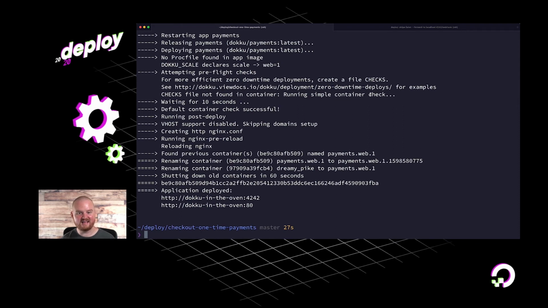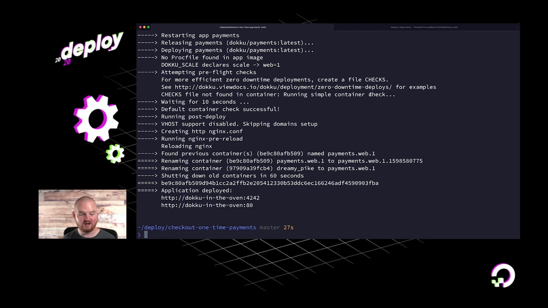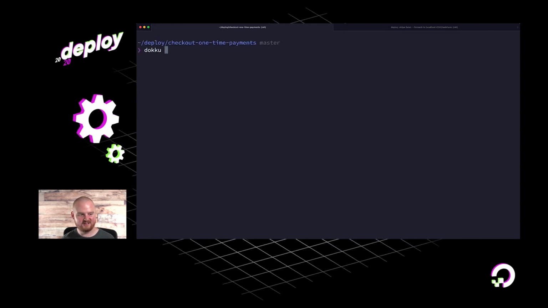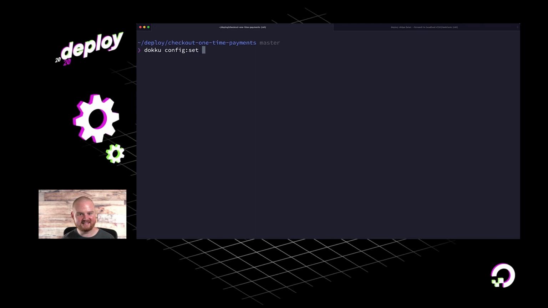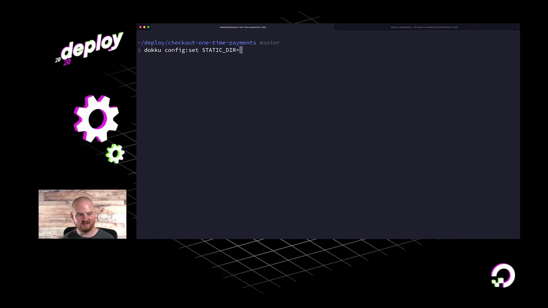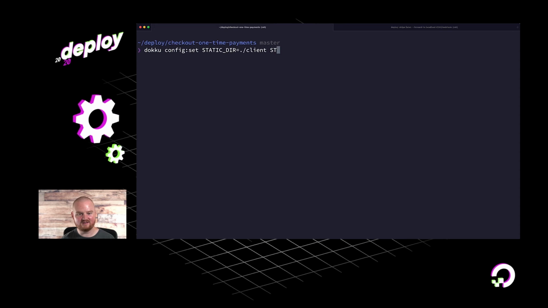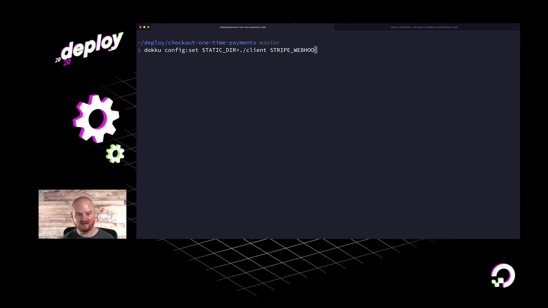So the next setting is going to be to set the static dir to /client. So dokku config:set STATIC_DIR is equal to /client.